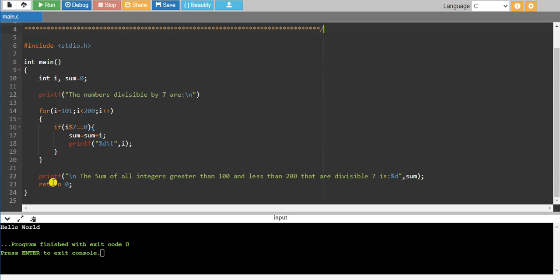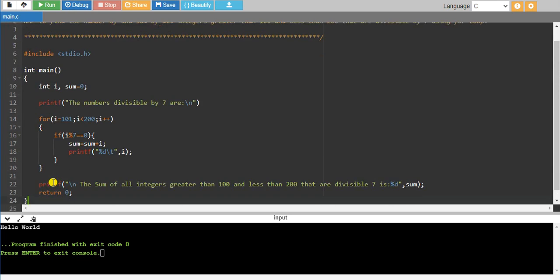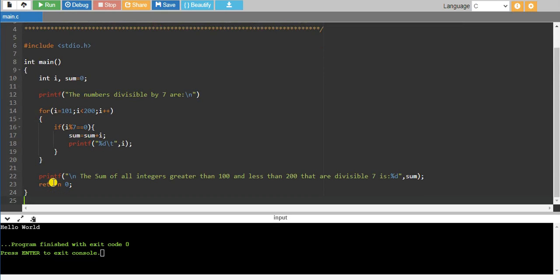Then run this code and check whether this gives the proper output or not.